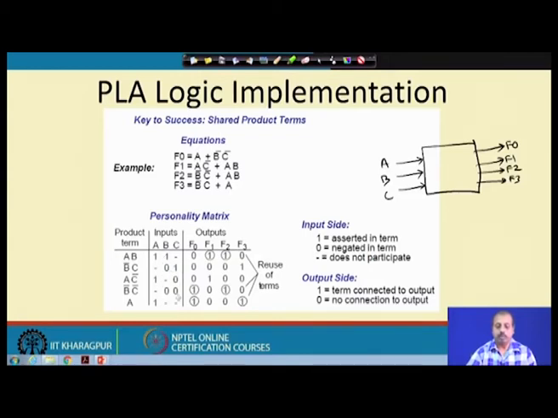Okay. So, this way I am writing the input side corresponding to the product terms that we have in this expansion, and then in the output side, if the corresponding product term is being used, then I will be putting a 1, otherwise I will be putting a 0. For example, the term AB is used by F1 and F2, it is not used by F0 and F3. So, for F0 and F3 I have got a 0 for the first row and I have got 1s for F1 and F2. So, this is known as the personality matrix of the PLA,